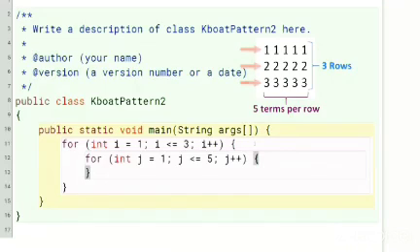Notice that the term in each row is the row number and it is not changing within a row. First row has 5 ones, second row has 5 twos, third row has 5 threes. This means that whatever variable that we need to print inside the inner loop should not change its value in the inner loop, but should increment with each iteration of the outer loop.